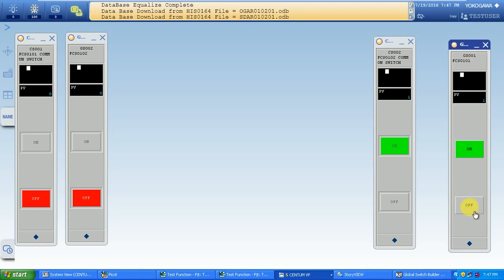So I showed how to use the global switch and how they read values from each other. The communication of both FCS is done successfully.